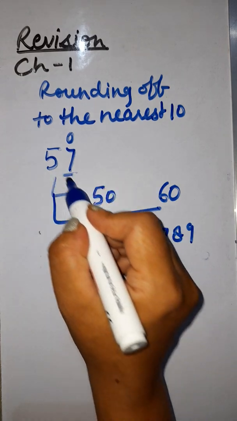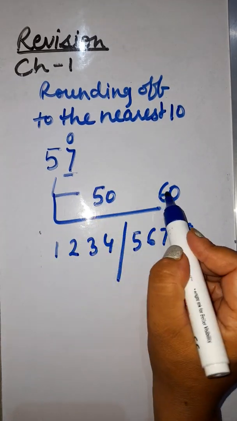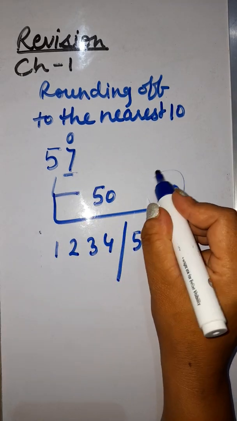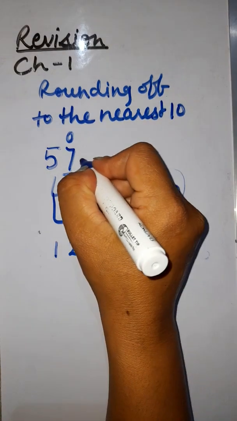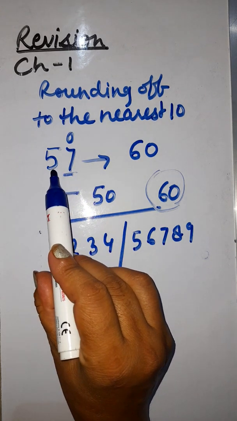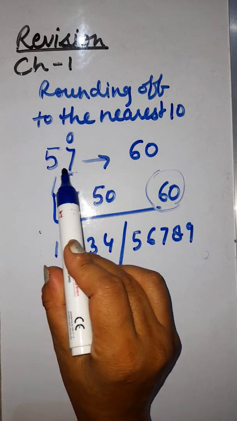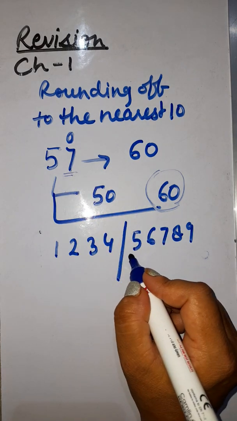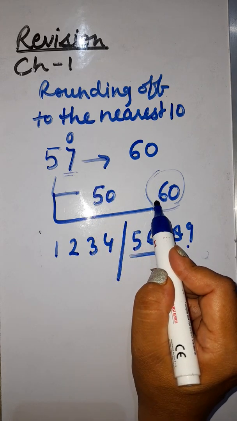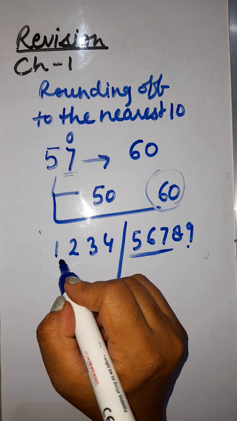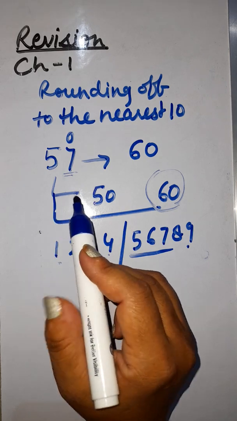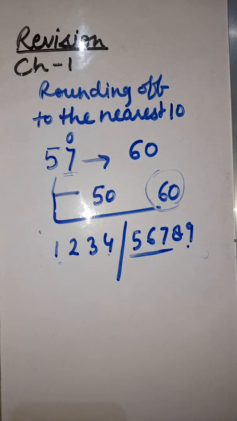Okay, so the multiples of 10 are 50 and 60. So 57 किसके ज़्यादा नज़दीक है? Yes, 60. So it rounds up to the 60. Okay. यूनिट प्लेस अगर हम लोग नियरेस्ट 10 में राउंड ऑफ कर रहे हैं तो हम यूनिट प्लेस चेक करते हैं. If it comes between 5 to 9, so it is round up. And if the digit in the unit place comes between 1 to 4, it goes down, lesser to the multiples of 10. Understood?